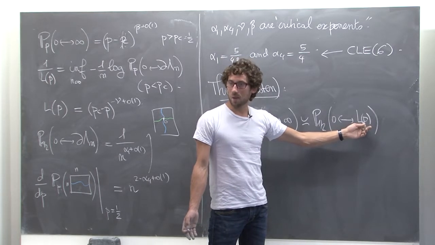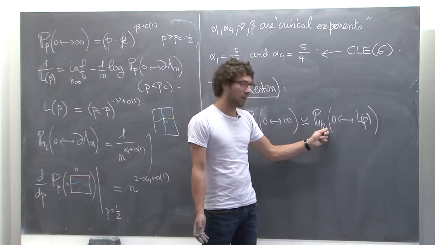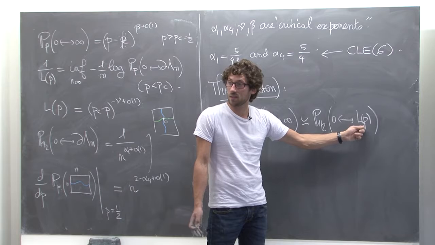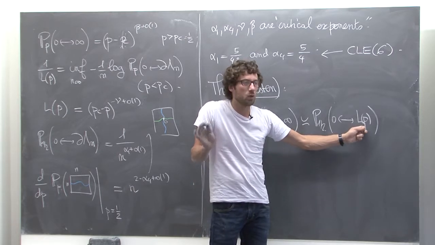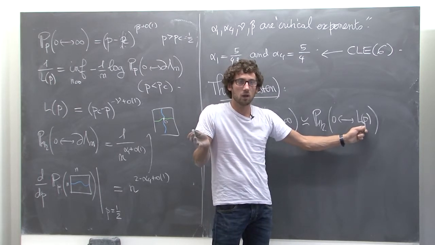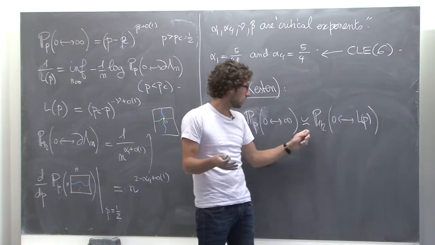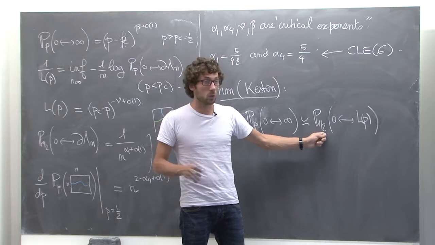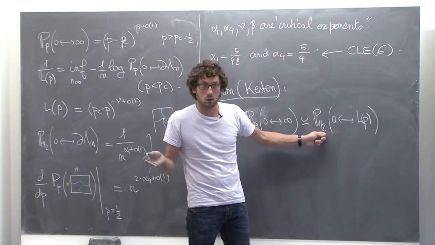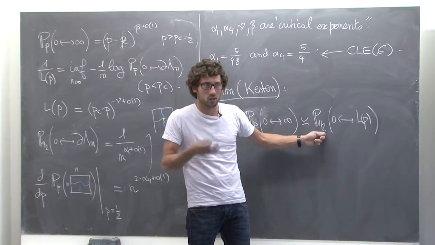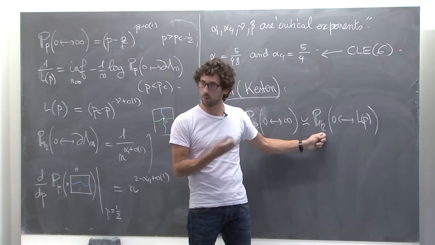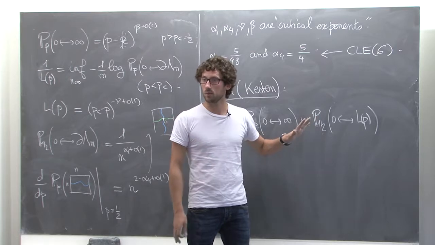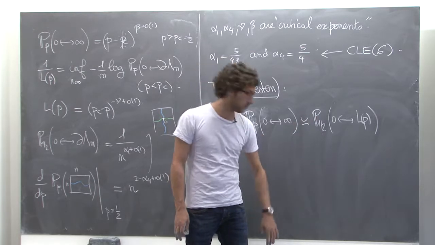Now, I'm getting closer, but I'm not there. I need to change p to 1/2. But I just told you L(p) is the scale at which you cannot really distinguish between critical and parameter p. So you can in fact replace this 1/2 by p. If you are not convinced by my proof, I say, okay, I agree with you because it's not a proof, right? It's just heuristic. Turning this into a proof is very difficult. And it's mostly based on the Russo-Seymour-Welsh theory. It's really mostly based on that.